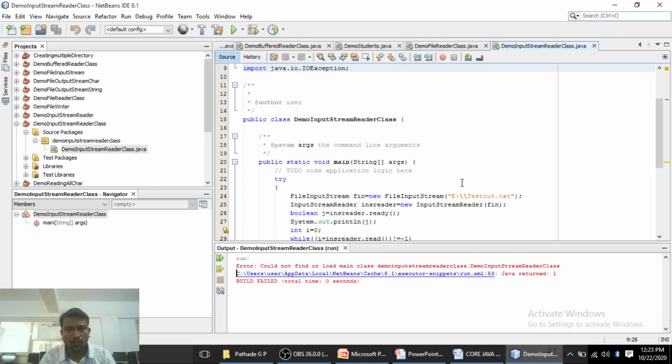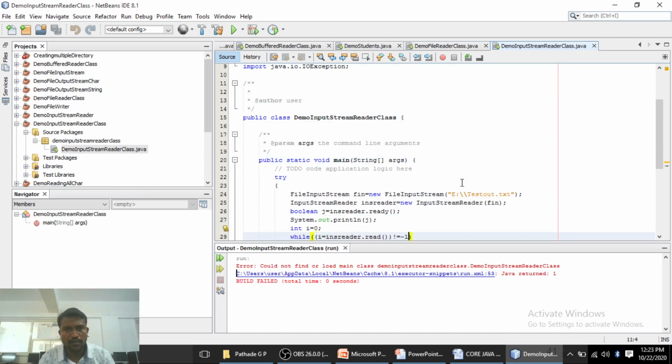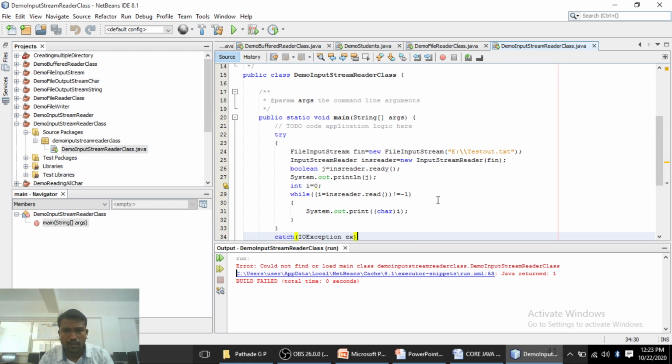Let's see what the actual error is. The error is the same, could not find or load main class demo input stream reader class.